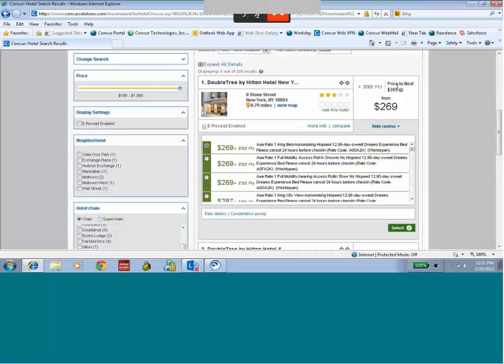You can set flat policies based off percentages, but we have some clients that are leveraging the Price to Beat. What this takes into consideration is, based on the market average of our clients, what a hotel should cost in that area for that date range. Here I have my Price to Beat set to liberal. You can choose within a range how tight you want that to be. But for me, as long as I find a hotel less than $385 per night in the city, I'm going